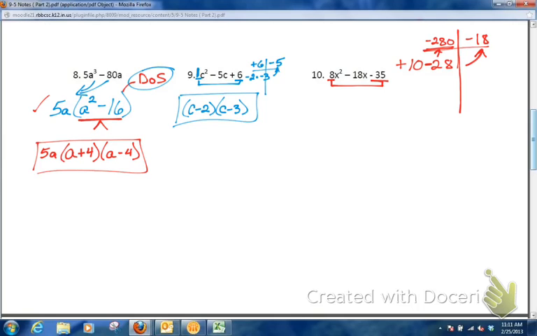Alright, so that wasn't too bad. Going to plug this in the middle. 8x squared plus 10x minus 18x minus 35. The reason I plug them in the middle is so that I can now group factor. Out of the first group, I'm going to factor out a 2x, leaving me with 4x plus 5. Out of the second group, what's going to come out of there? It looks like a